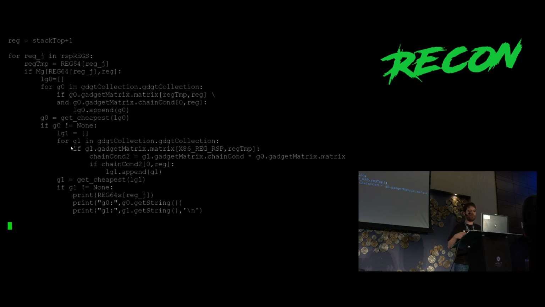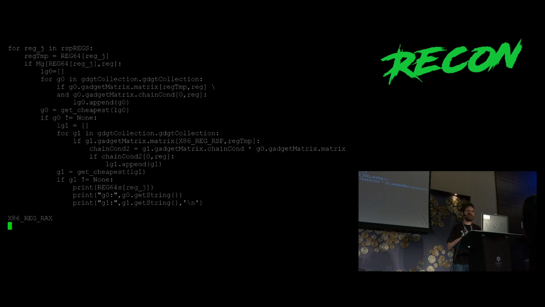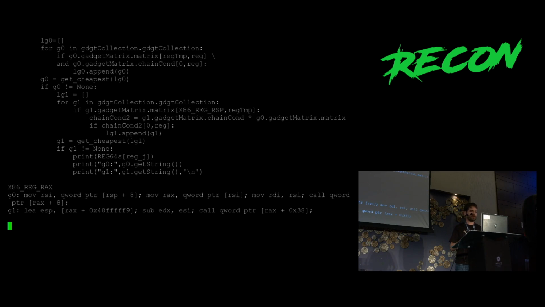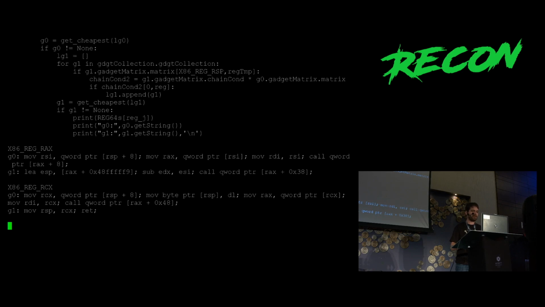Then we will do the same for our second gadget, and it will suggest a few chains of 2 gadgets that do a stack pivot. The first one is not that great if you really look at it, and the second one is much better, and then there are a few others eventually.